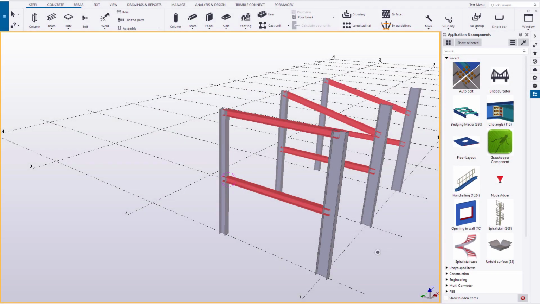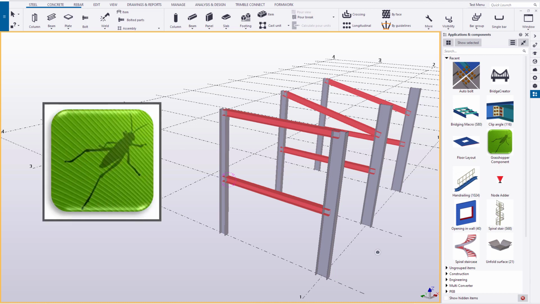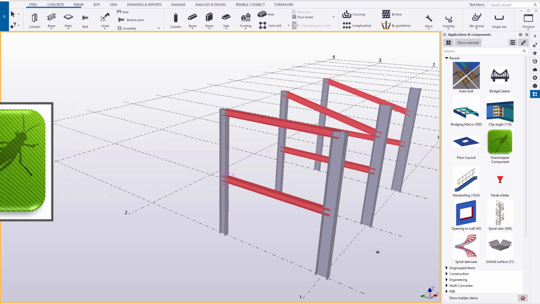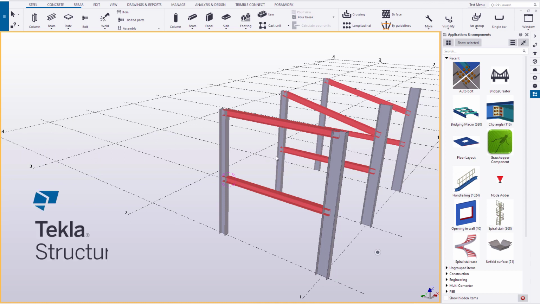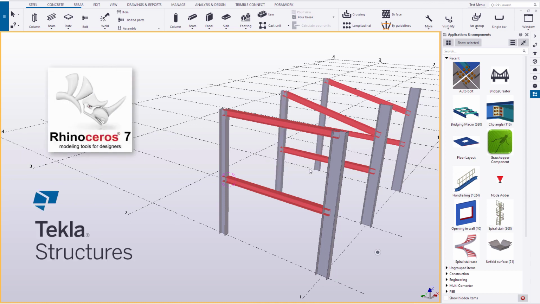Hello there, I'm Sebastian Lindholm, and I'm going to show you the Grasshopper-powered Tekla Components. This is a way to let users benefit from visual scripting even if they aren't creating the scripts on their own. And at the same time, it's a powerful way of developing new Tekla component types without using the custom component editor or C#. So you will need Tekla and Rhino installed, and you can then download the Grasshopper component